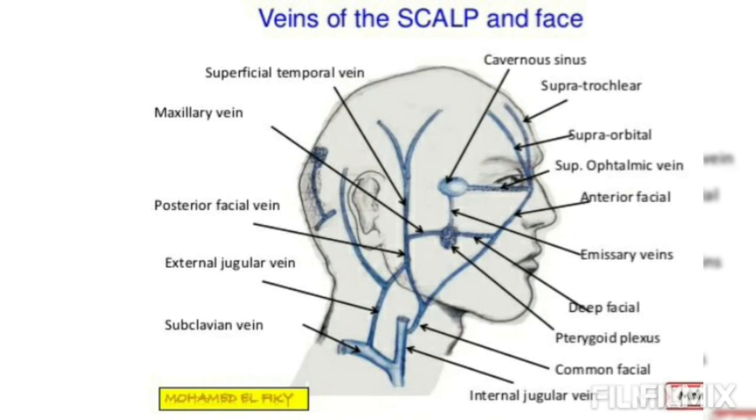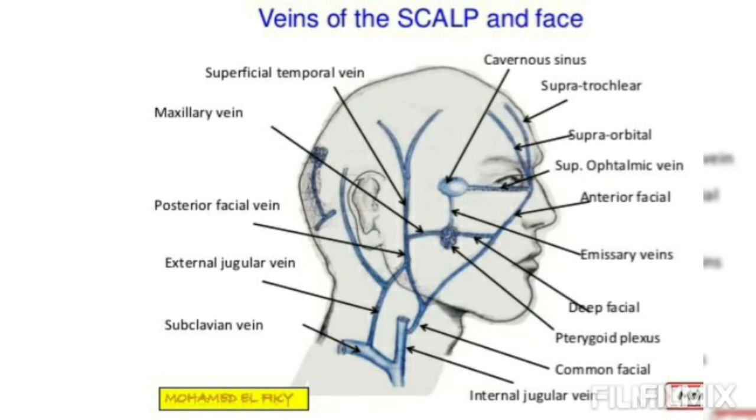The parietal emissary vein enters into the parietal foramen, which enters into the superior sagittal sinus. Next, the mastoid emissary vein passes through the mastoid foramen to reach the sigmoid sinus. Now, fourthly, we are going to see the diploic veins. The frontal diploic vein opens into the supraorbital vein, whereas the anterior temporal diploic vein ends into the sphenoparietal sinus.